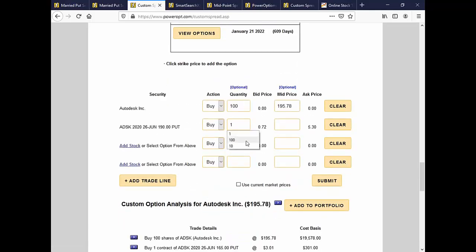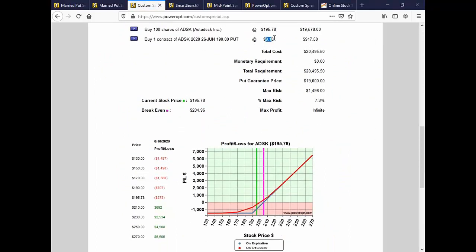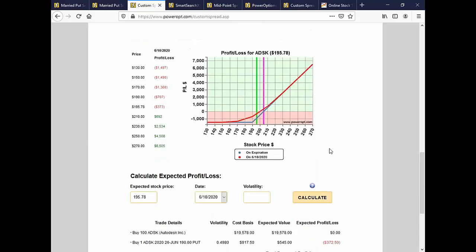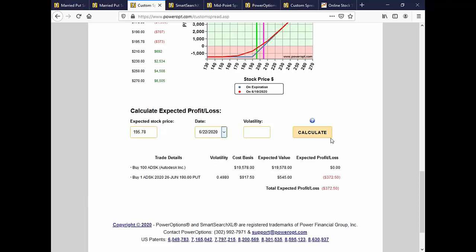Okay. Now, I'm paying $9.18. There's a good risk, an equal amount of risk to what I had on the January, more expensive 220 strike put. 7.1% risk for the December or January put on Autodesk versus 7.3% for a 1 month out 190 put that cost $9. And remember, if the stock stays at the same price between now and June 22nd, and volatility stays about the same,